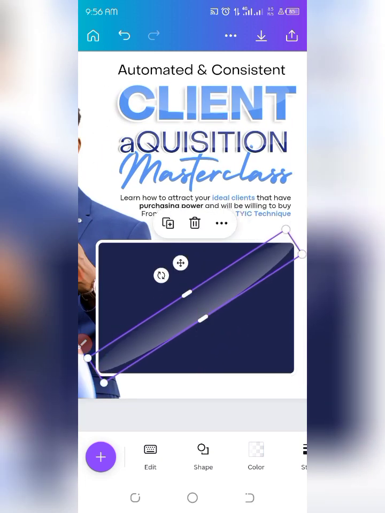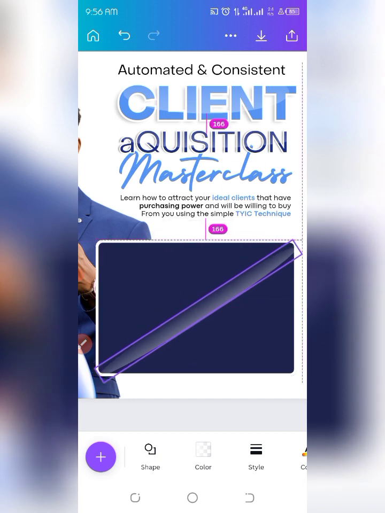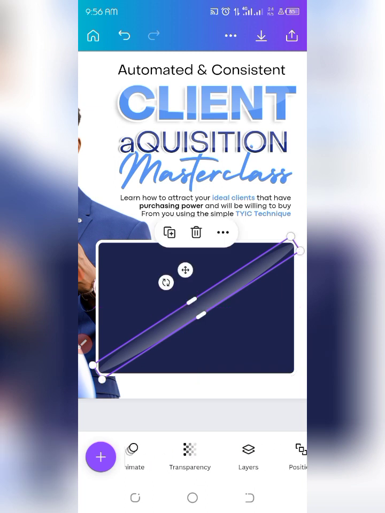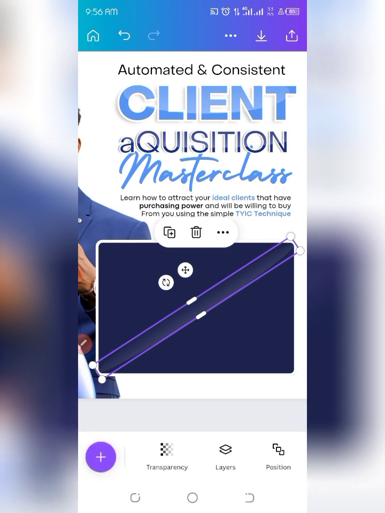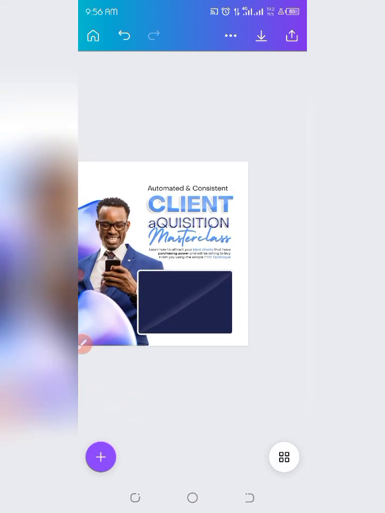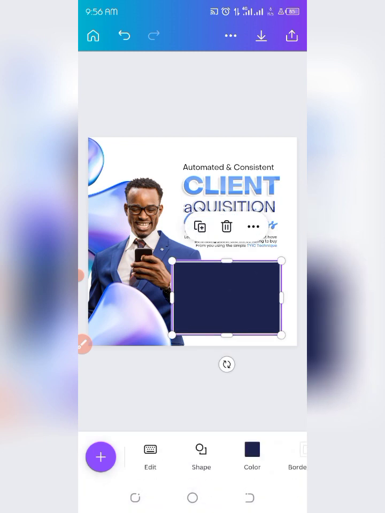Touching the 2 points. Close it. Take it up. Then I'm going to reduce the transparency, so we have that effect. So I will just duplicate the same circle. I will use it